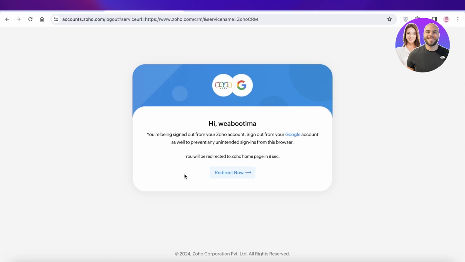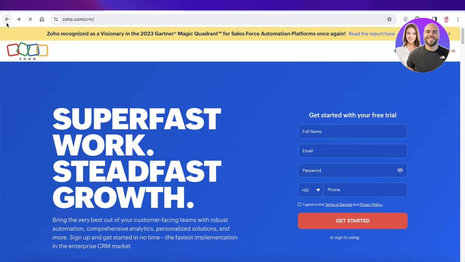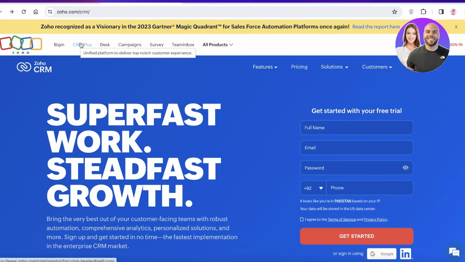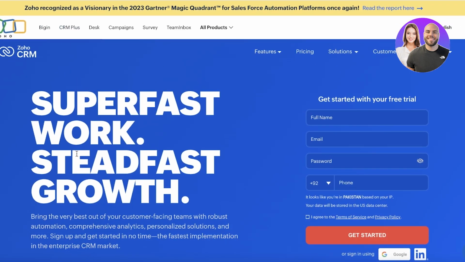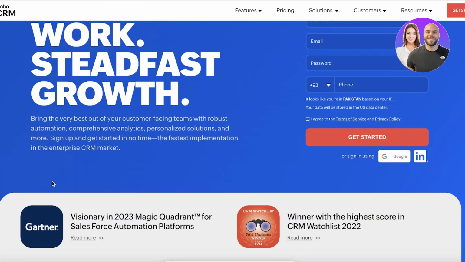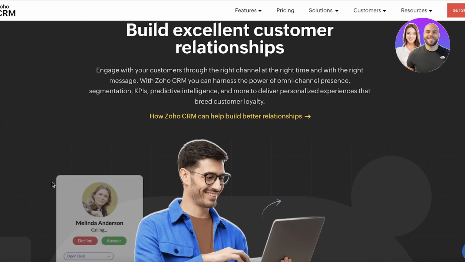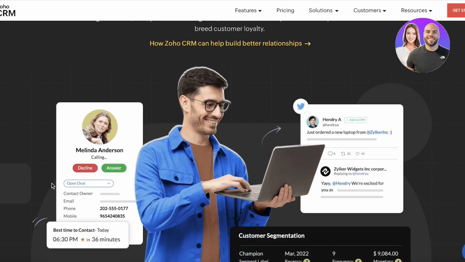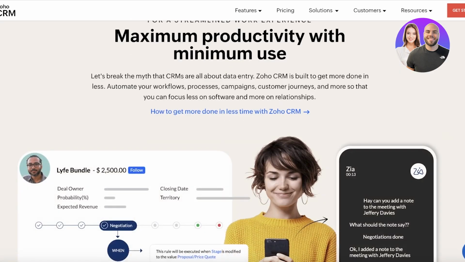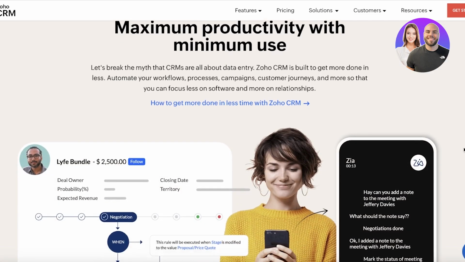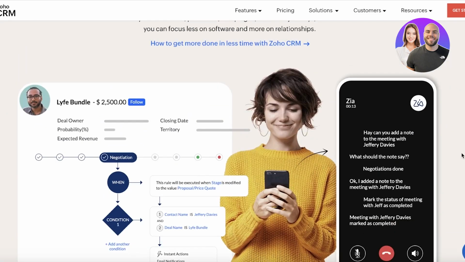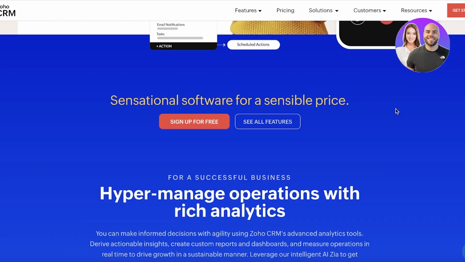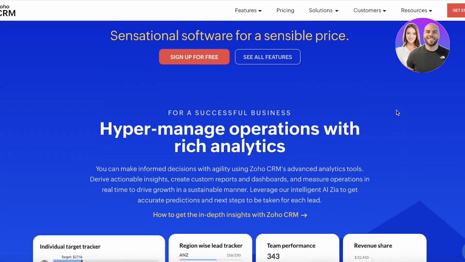Now, Zoho CRM is a tool created with the Zoho Cloud, and the Zoho Cloud offers you multiple different things, including sales, Zoho Desk, surveys, and more. However, Zoho CRM is an easy and simple to use CRM tool. It can help you in managing your tickets as well as managing your relationship with your suppliers. It's an all-in-one, jam-packed with features tool that can help you in making sure that your customers are satisfied